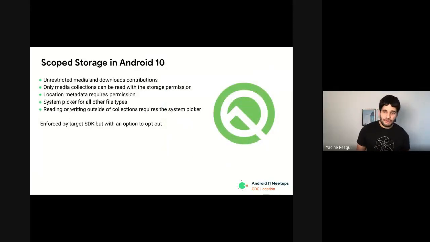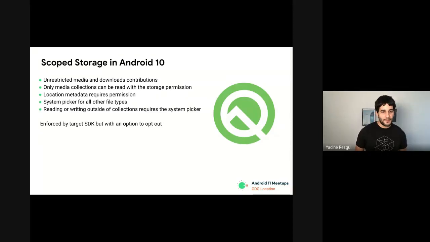So on scope storage on Android 10, we also brought those collections. So as an application, you can add media files as well as any type of file onto the download folder without even having to ask the permission. And you will always have access to those without having to request the permission. So here, rather than getting refusal from the user, you will just be able to get access to those simply and the same API as before. And it's enforced by Target SDK. So if you had really issues with that, we always had the request legacy external storage to help you ease